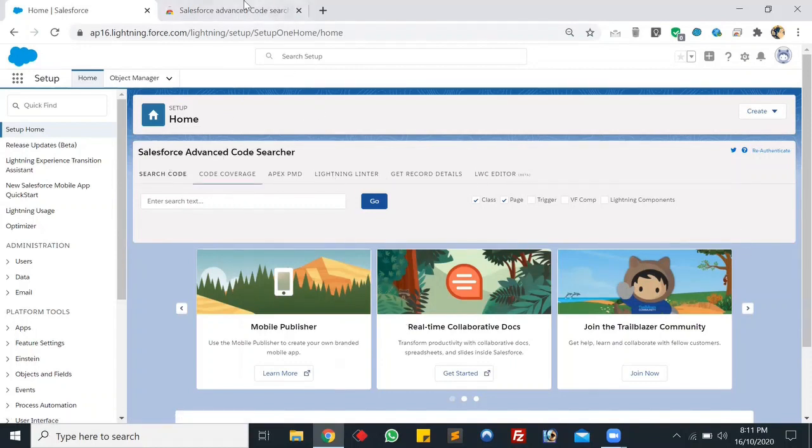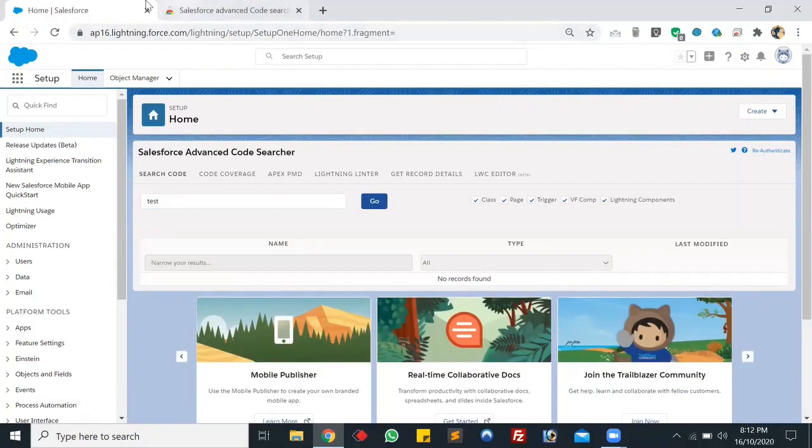Okay guys, so let me just explain the functionality here. We have separate checkboxes to select the search functionality. So let's select the trigger, VF component and Lightning component. The first option here is to search the code. We can enter the text here and it will search the code within these components. Let's say I add test here.